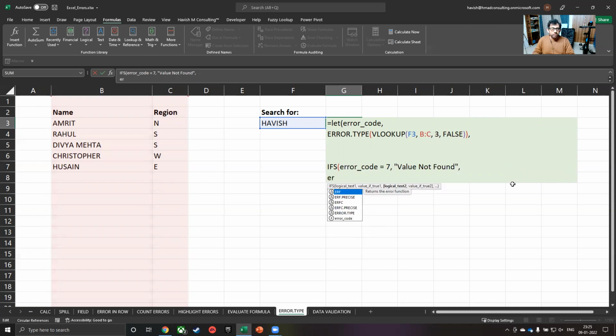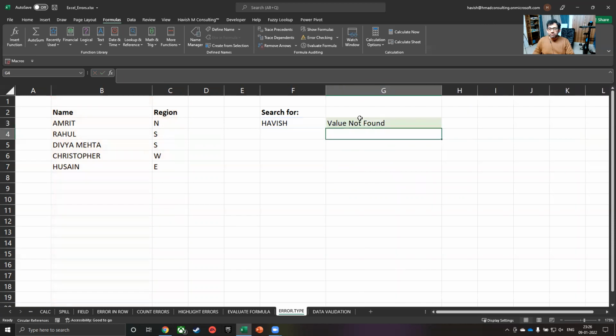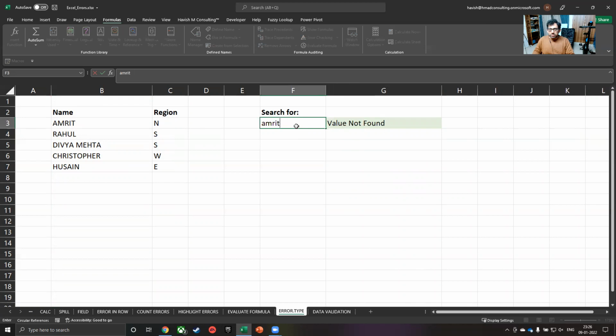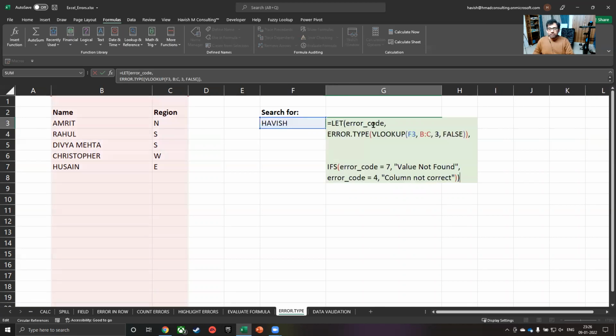And if the error code is equal to 4, that means there is a different type of error, which means column not correct. Since we only have 2 columns, B and C, but we are giving 3 as the column index number, it gives us a different error. As you can see, we are getting a value not found because Havish does not exist. If I give it an Amrit, then also I get an error saying column not correct, like this.